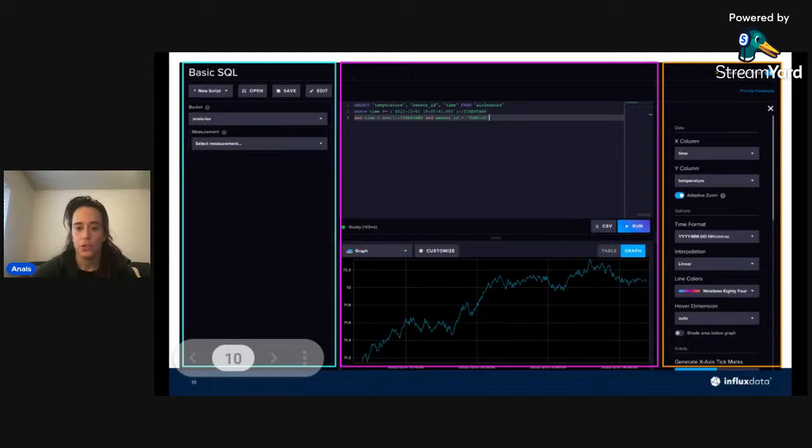So essentially, this left-hand panel right here is where you can not only create your SQL queries, but you can also now save and select scripts. So you can create a new script, save the script, open existing scripts. This is a huge, long-standing feature that people are really excited about. And then in the middle panel is where you actually write your own SQL or use the SQL sync. And then on the right-hand panel is where you can create customizations for your